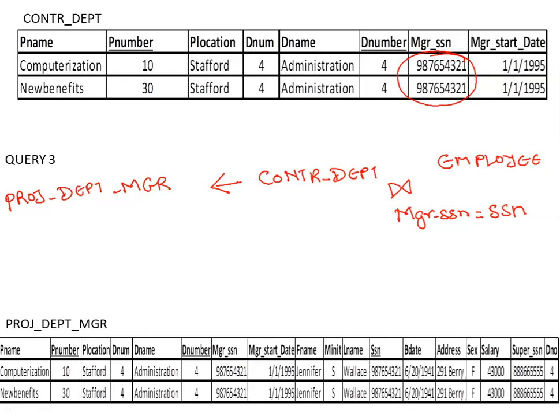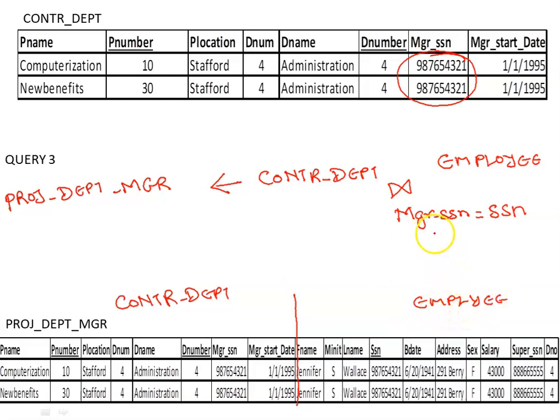So the output will look like this. From here till here, these attributes are of controlling departments, whereas these attributes are of the employee relation.